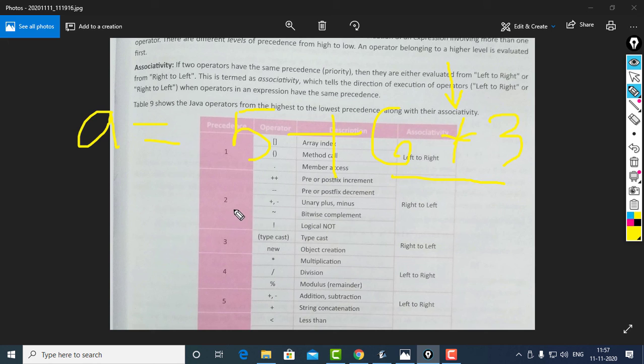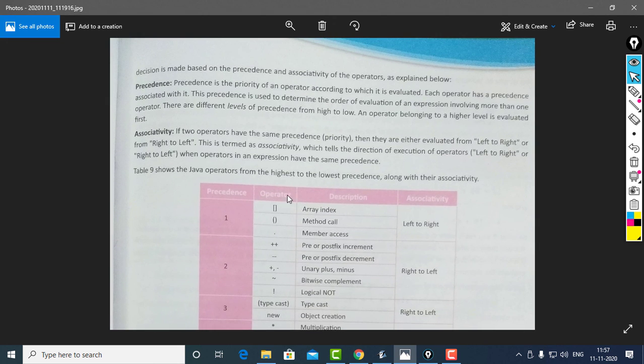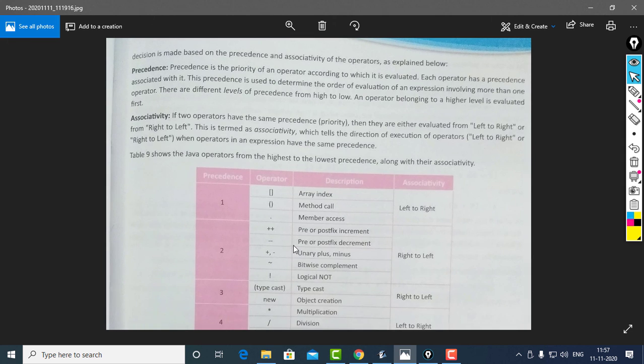So the result will be 23, isn't it? If we performed 6 plus 5, it would be 11, and 11 multiplied by 3 would be wrong actually. So similarly in Java also there is a priority with each operator. That is known as the precedence.